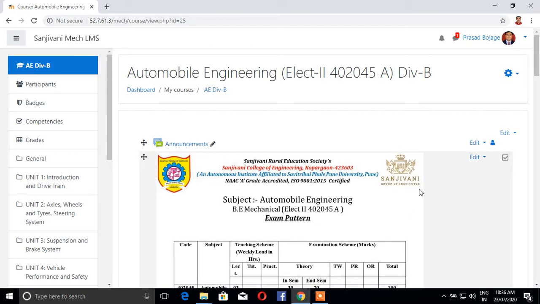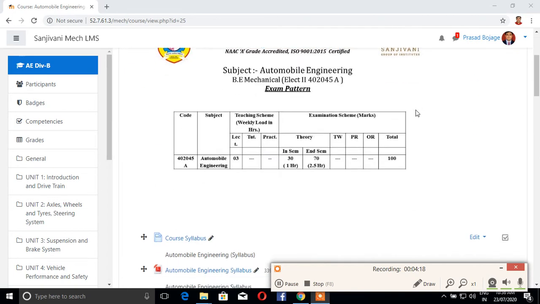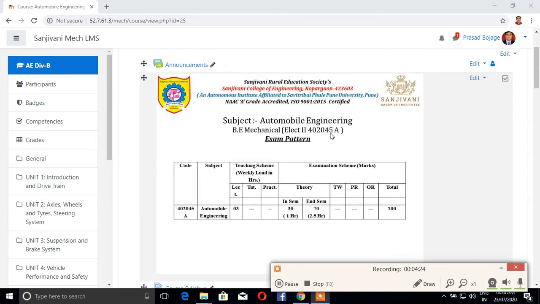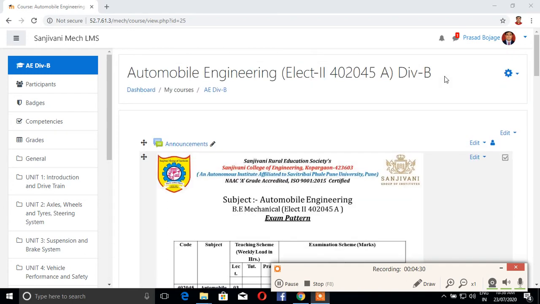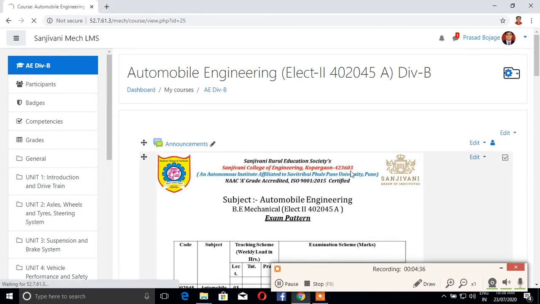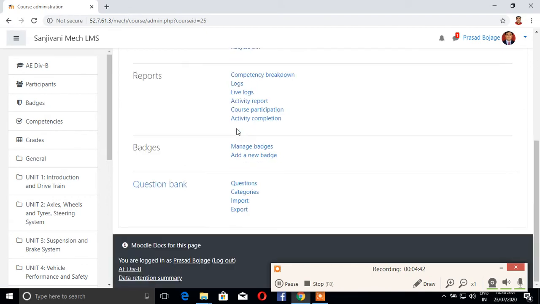Now, when I return back to my main, that is quiz, here first I have to prepare 2 categories, that is the 2 sets of questions, and I have to add those 2 sets in my question bank. So, again go on this settings icon, click on more. In course administration, go in question bank, and in question bank I will go in categories.